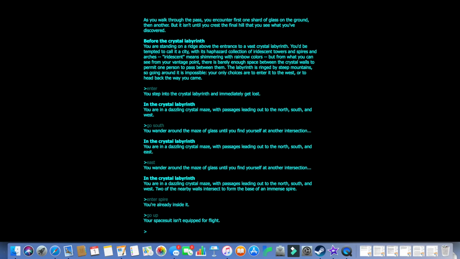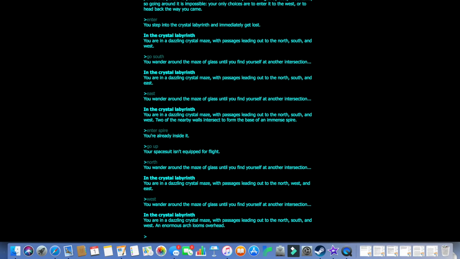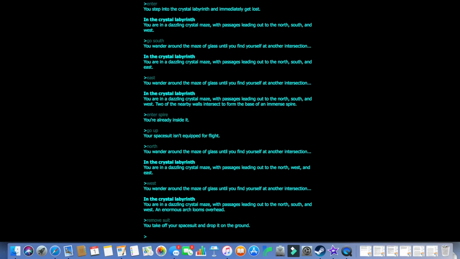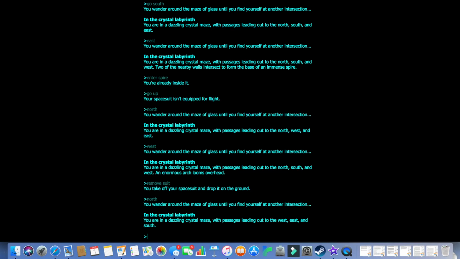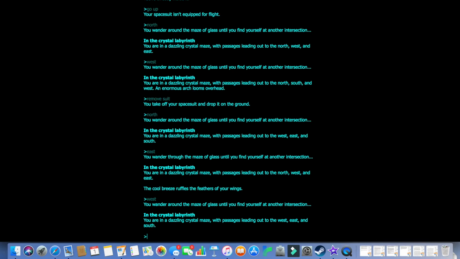many different methods such as sticking to one direction, trying to outsmart the game by breaking a wall or tunneling, etc. After repeated failure, the game may give the player a clue about removing their spacesuit and having the cool breeze ruffling the feathers of your wings. It is eventually revealed that the only solution to the maze was to remove your spacesuit and fly out. There was, in fact, never any way for the player to make it out of the maze with logic or even by interacting with this setting at all.